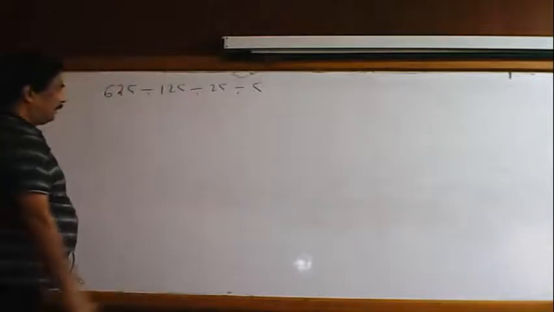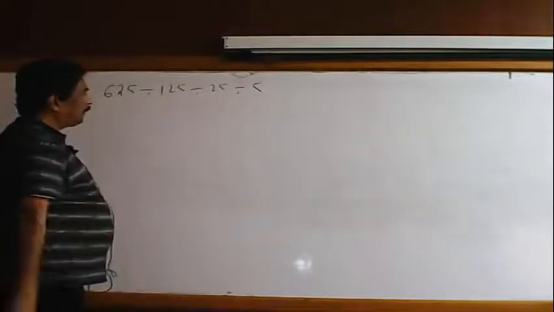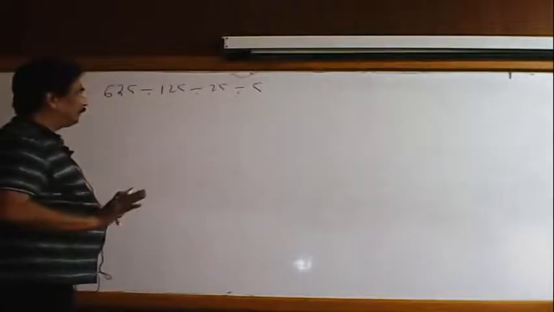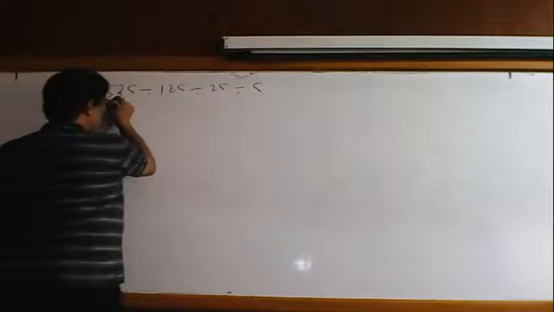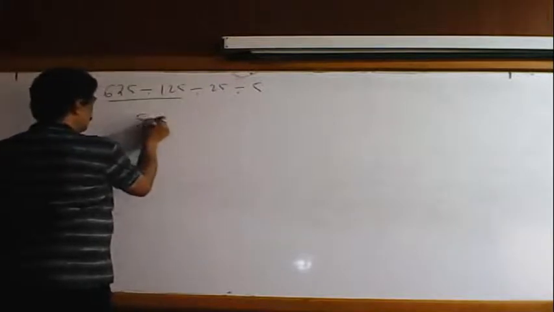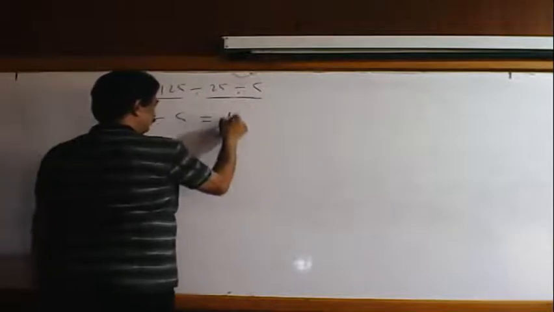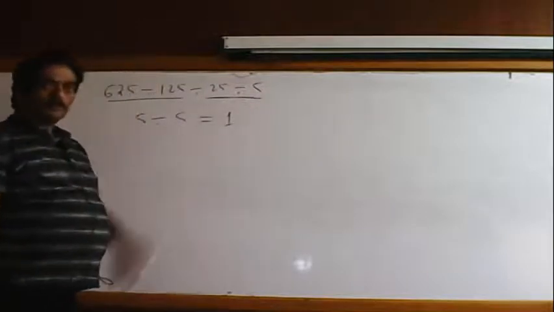Just observe, if you do the division in different ways, you can get different answers and all answers will be in your options. Say I start this by this. Your result is 5. I write this by this. My result is 5. Ultimate result is 1. 1 will be in your option.